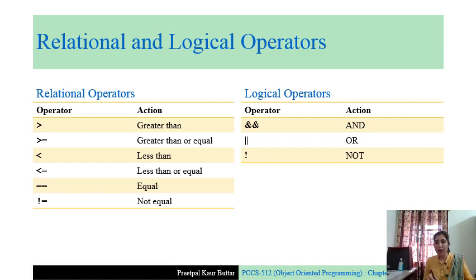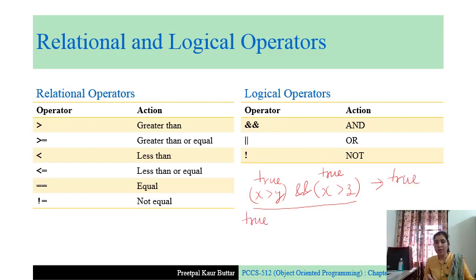Okay. So if you have two expressions whose result is true, this can be any relational expression, x greater than y, and you have another expression, x greater than z, and both of them are true, and you are connecting them using AND operator. So what will be the result of this complete expression? True and true are true. In case of AND operator, if both the values are true, the result is true.